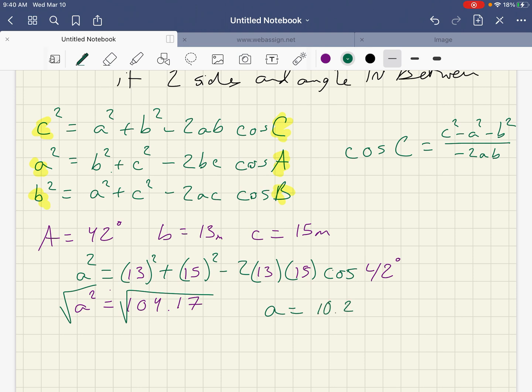So if I square root my answer, I get 10.2. So now I have little a. So coming back up here, I needed little a, but I also need capital B and I need capital C. So once I get